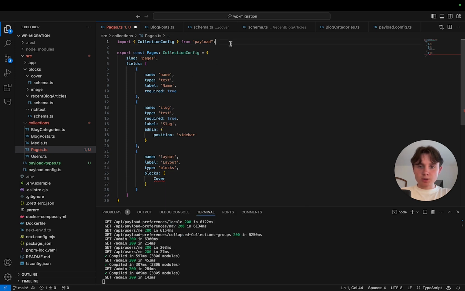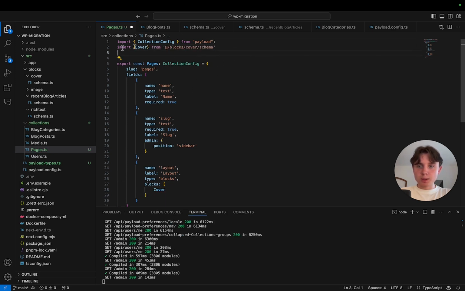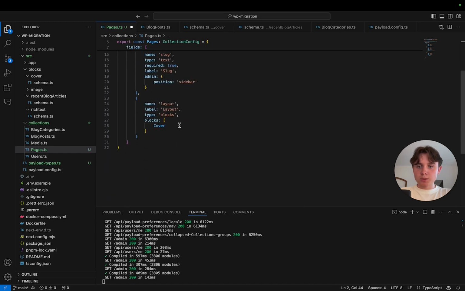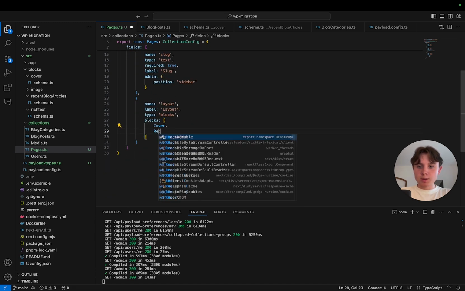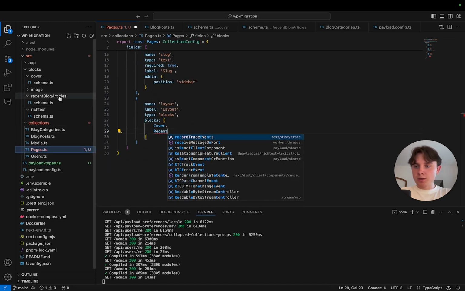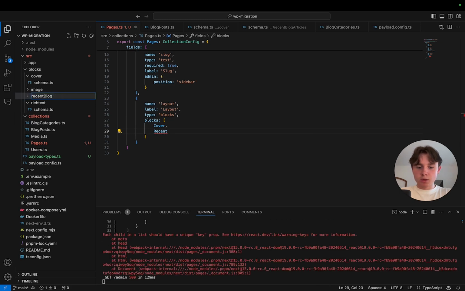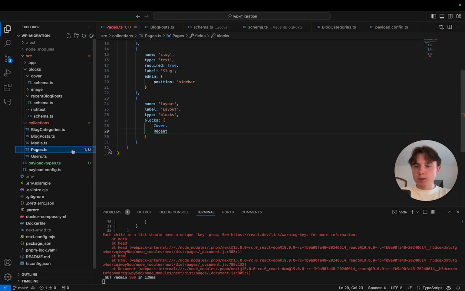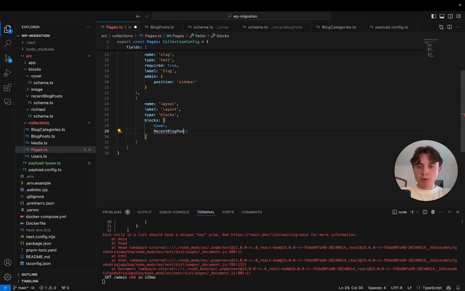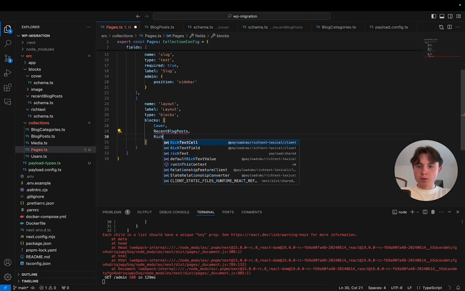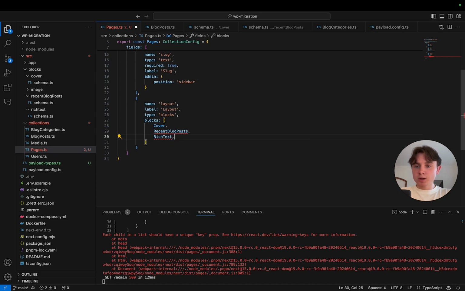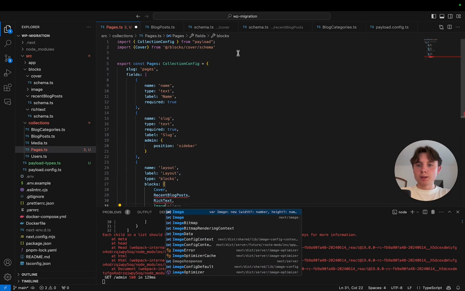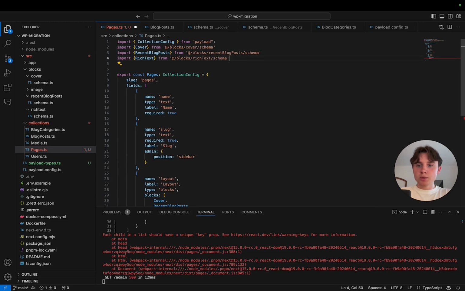Since the autocomplete doesn't seem to work properly today, I'm just going to import it manually. So I'm going to import the cover schema, the recent, I think I called it recent blog articles. It should be recent blog posts to make it more clear. So going back, recent blog posts. I also want the rich text block and the image block that I just have to import now, but